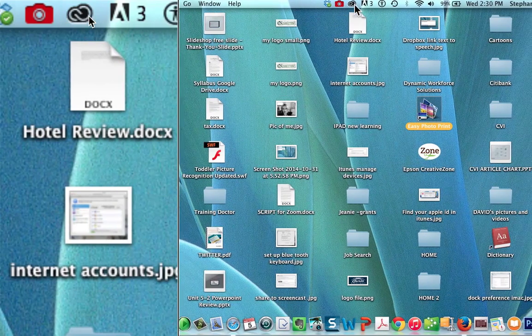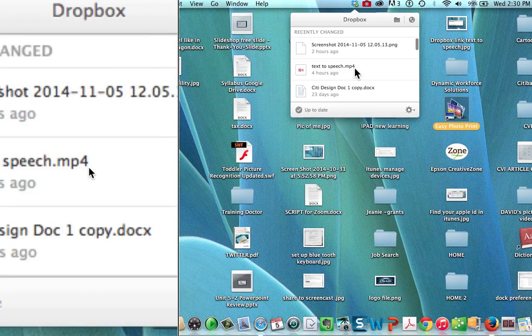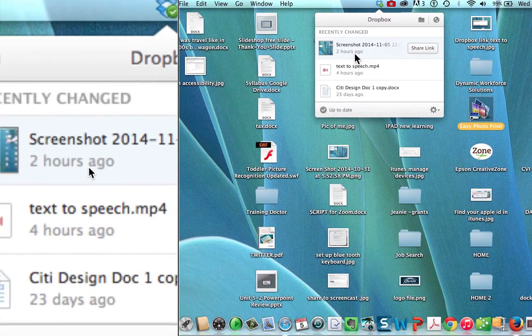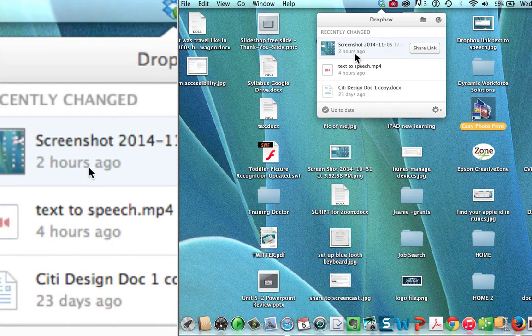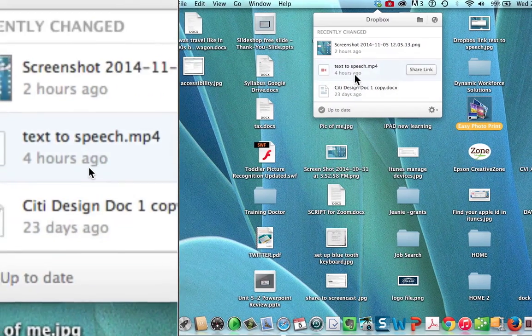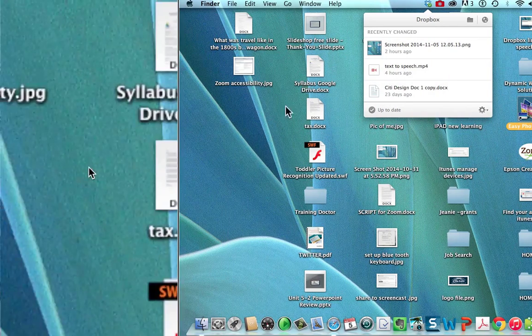See how when I float over, is it Dropbox? See, that font is pretty small, but when I look at it on the left side, it's much easier to see what you are choosing before you select it.